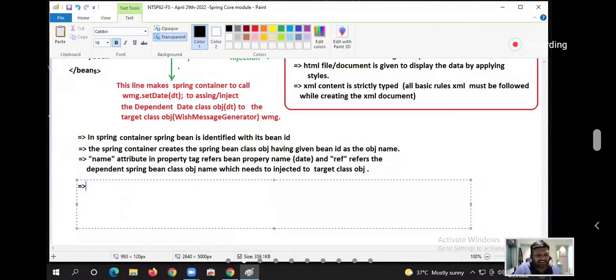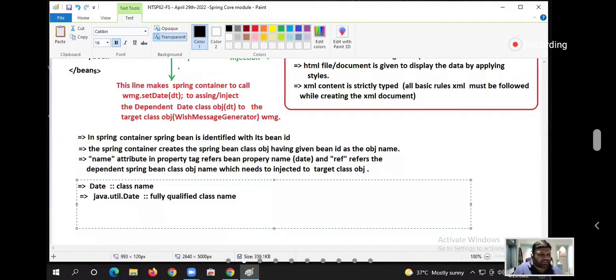Date class name, maybe java.util.Date. Fully qualified class, perfectly given. Every detail is there. Like a full name: surname, first name, last name, middle name, everything. Fully qualified class.